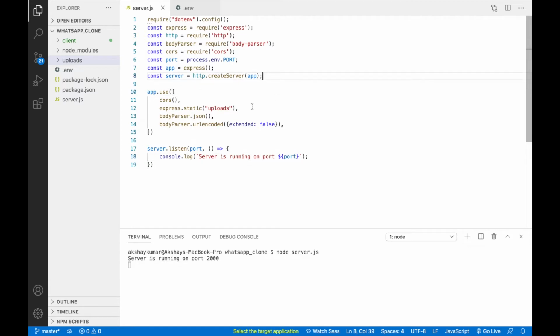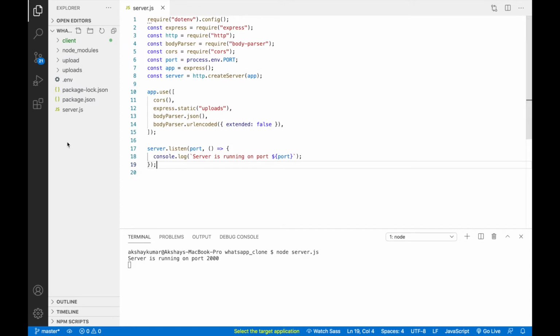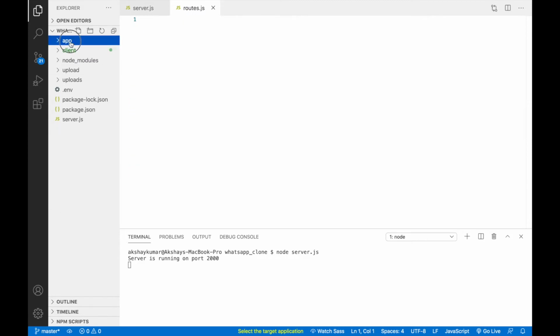Now let's create our first API. Let's create one folder, app. In this folder we'll create our backend. Inside app we'll create one file routes.js, controller.js, and one folder model.